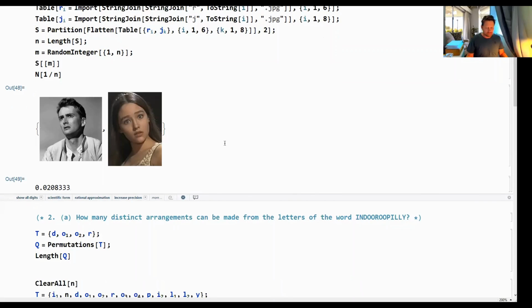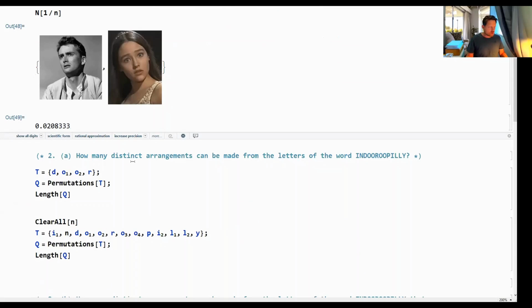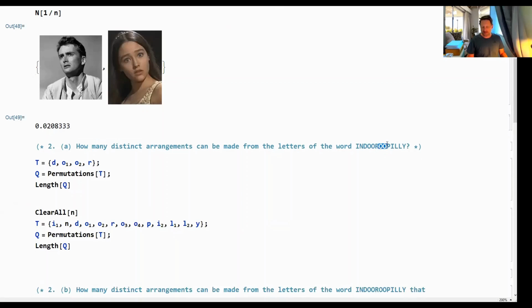Let's move on. Now, the next question says, how many distinct arrangements can be made from the letters of the word Indrapili? Okay, now to understand this kind of problem, the key here is that you've got several repeated letters. The L's are repeated, the O's are repeated, and the I's are repeated. So what do you do with those, right? Because we know how to take permutations, it's just factorial, but we've got the problem of these repeated letters